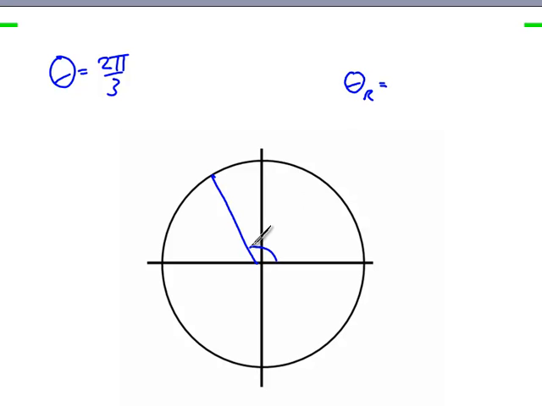So 2 pi over 3 takes me to here. Reference angle takes me back down to the x-axis. Reference angle here is pi over 3. And once I know the reference angle, I can think about what's going on in quadrant 1. So I'm going to think of those three special angles we have: pi over 6, pi over 4, pi over 3. Pi over 3 is the larger of the three,